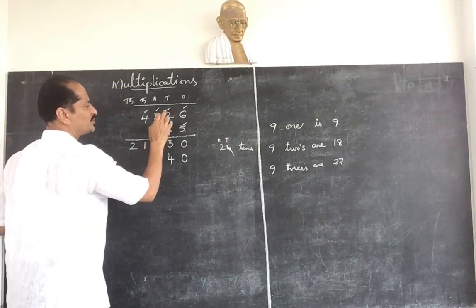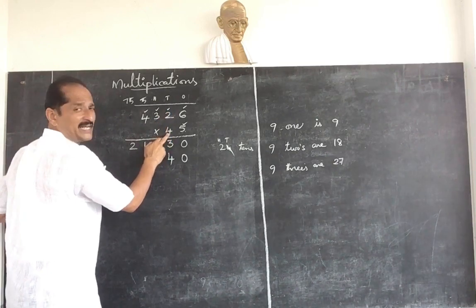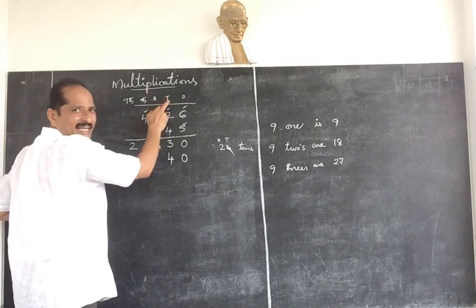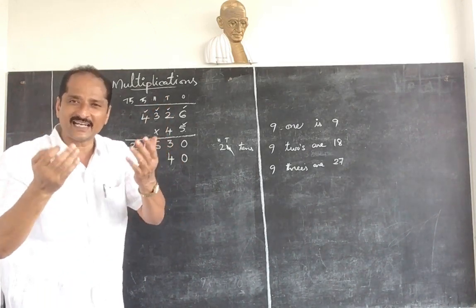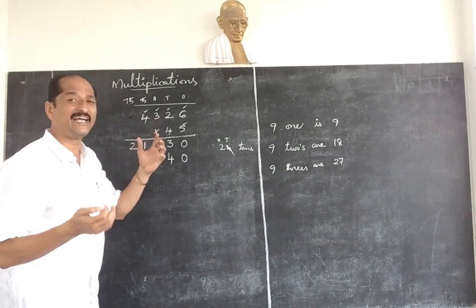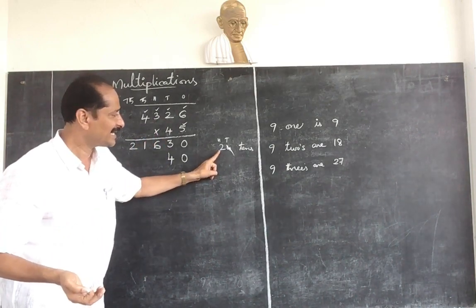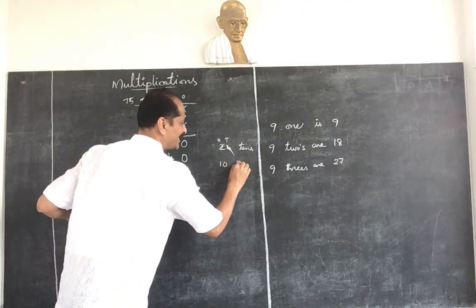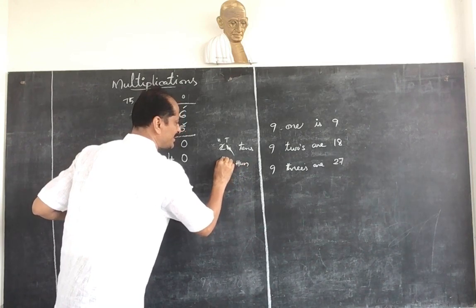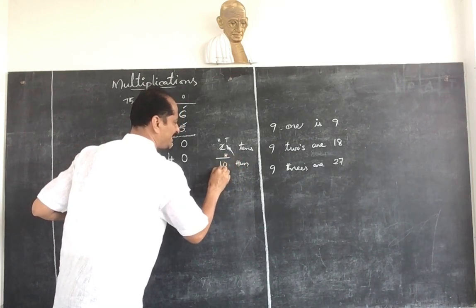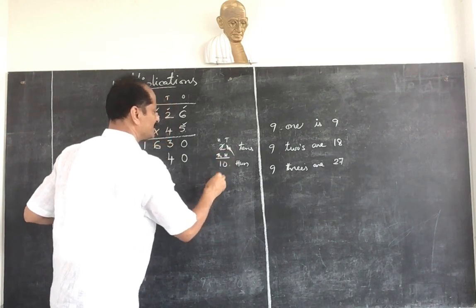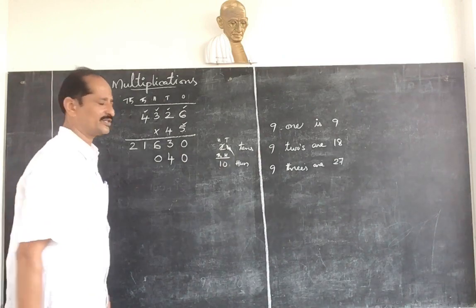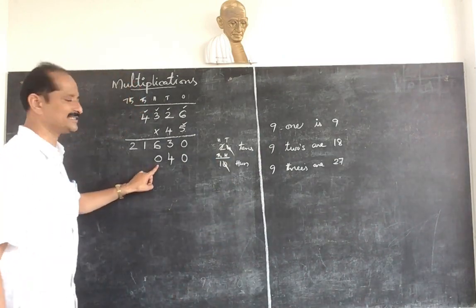Now 4 multiplied with 2. 4 2s are 8. 4 is in which place? Tens place. 2 is in which place? Tens place. So 10 into 10. 10 tens are hundreds. Now we are getting hundreds. How many hundreds? 4 2s are 8 hundreds we have got. 8 hundreds. And already here we have 2 hundreds. 8 plus 2 is equal to 10 hundreds we are getting. Okay, 10 hundreds means 0 is in hundreds place and 1 is in thousands place. So write down 0 under hundreds place.